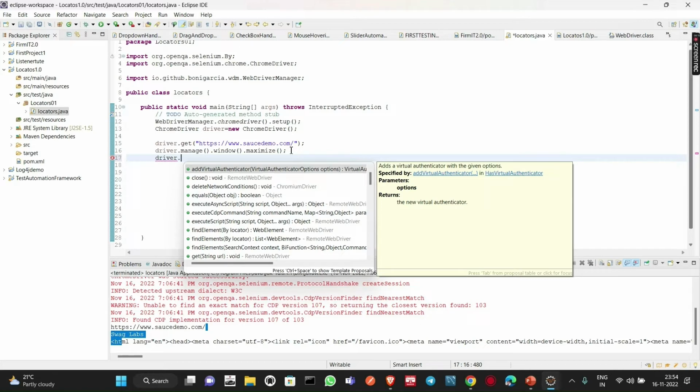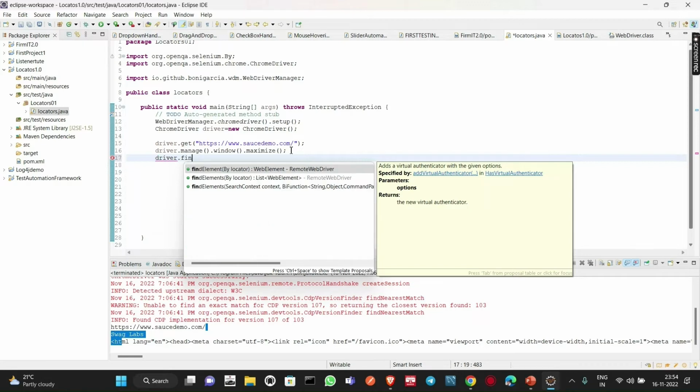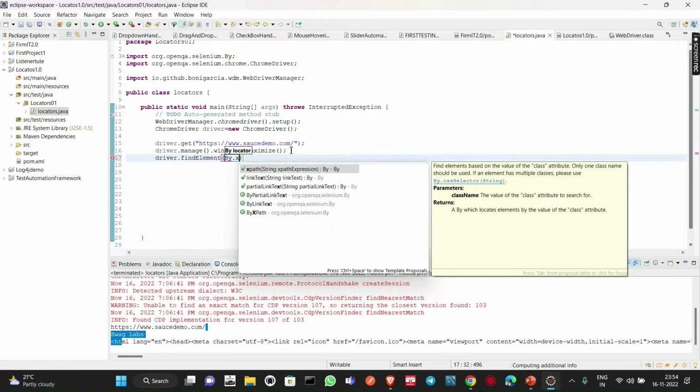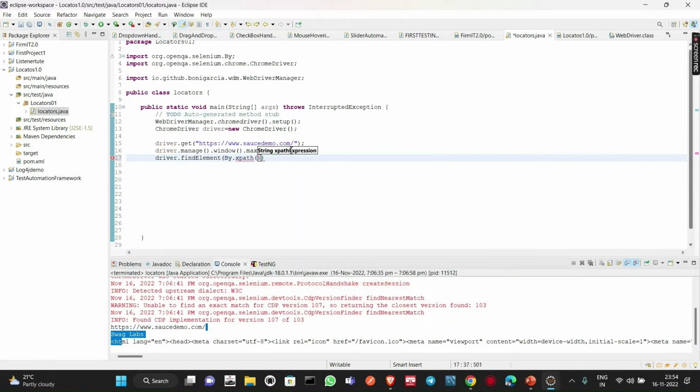Element, not elements. Why element? Because we are locating a particular web element, a single web element. So find element, and then By, then we will type XPath, because we have copied the XPath. If you want to create your own XPath, you can follow my XPath tutorial series. You will definitely learn in depth how to create complex XPaths. It is not advisable to copy the XPath, but for study purposes you can do it. So driver.find_element by XPath, pasting the XPath which we have copied, and then we will send some